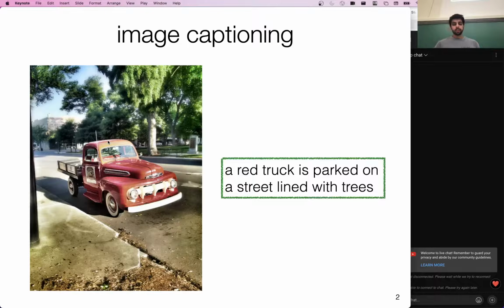All right. So before we had things like ChatGPT and BERT and large language models, back in like 2014 or 2015, people used to work on very simple image and text tasks. So image captioning is one of the first tasks that people worked on in this multimodal space. And the task is obviously quite simple. We even looked at two instances of this task in our prompt. Given an image, we want a language model to generate a caption of that image. So here I might have a red truck parked on a street lined with trees.